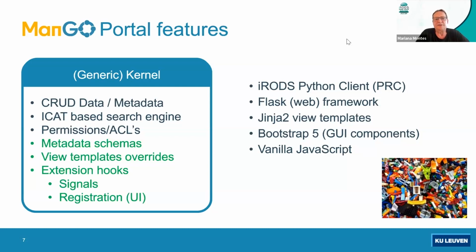We have also inside a search engine, which is ICAT based by default. We have all the permissions like you currently have in Metalnx. But on top of that, we created some added values. For instance, with a metadata schema manager,